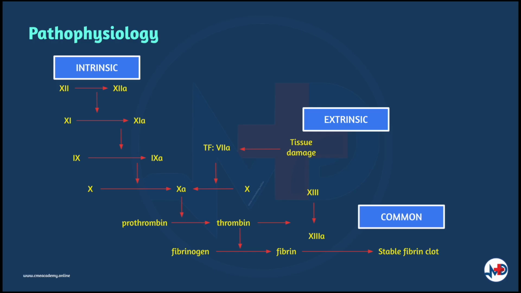The extrinsic pathway is the shorter pathway of secondary hemostasis, and once the damage of the vessel is done, the endothelial cells release tissue factors, which goes on to activate factor 7 to 7A. Factor 7A goes on to activate factor 10 into factor 10A. This is the point where both extrinsic and intrinsic pathways become one. The extrinsic pathway is clinically measured as the prothrombin time or PT. The common pathway begins at factor 10, which is activated to factor 10A.